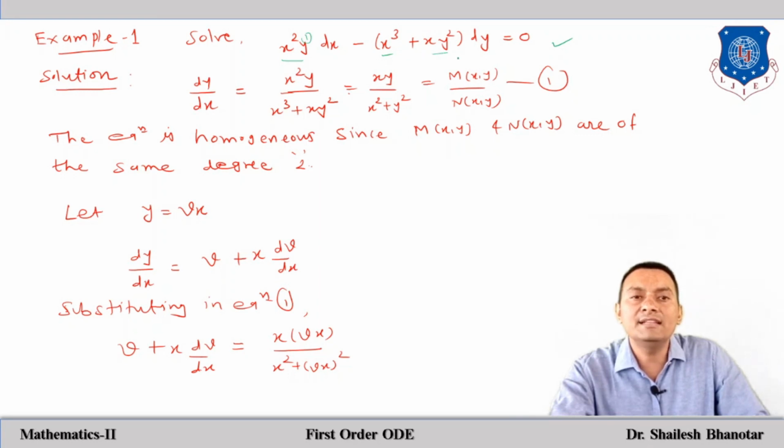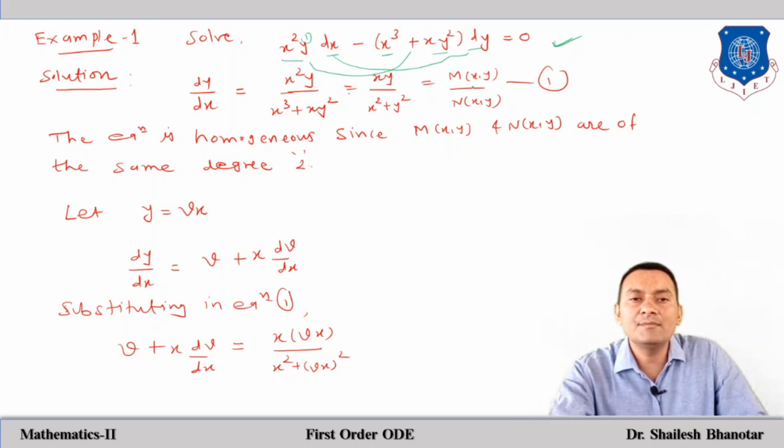Therefore we can say this differential equation is nothing but homogeneous. In other words, you can write dy by dx, that means I am just going to write the dx here and this on the left hand side. So we will have this one. But from this it is clear that x can be common and it can be cancelled out. So we have xy divided by x square plus y square.